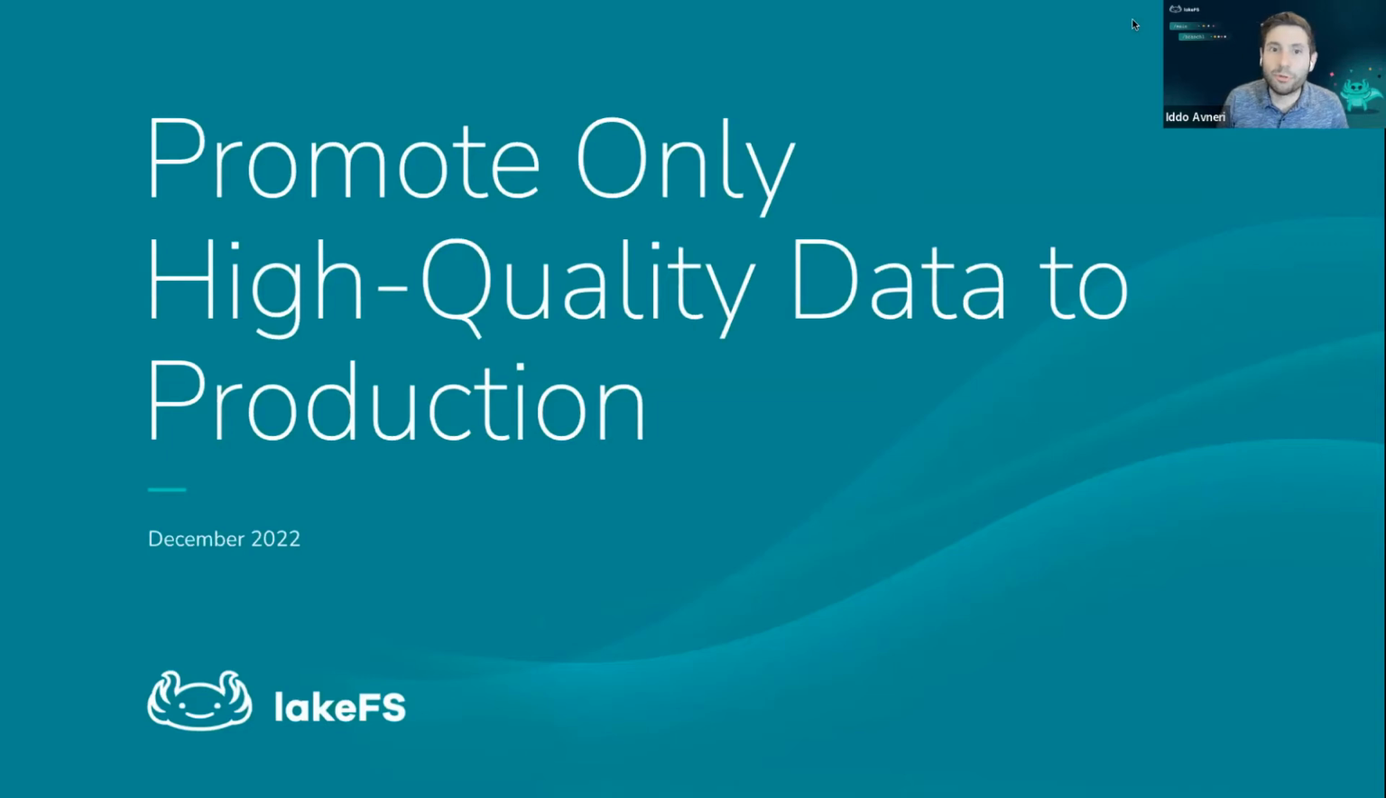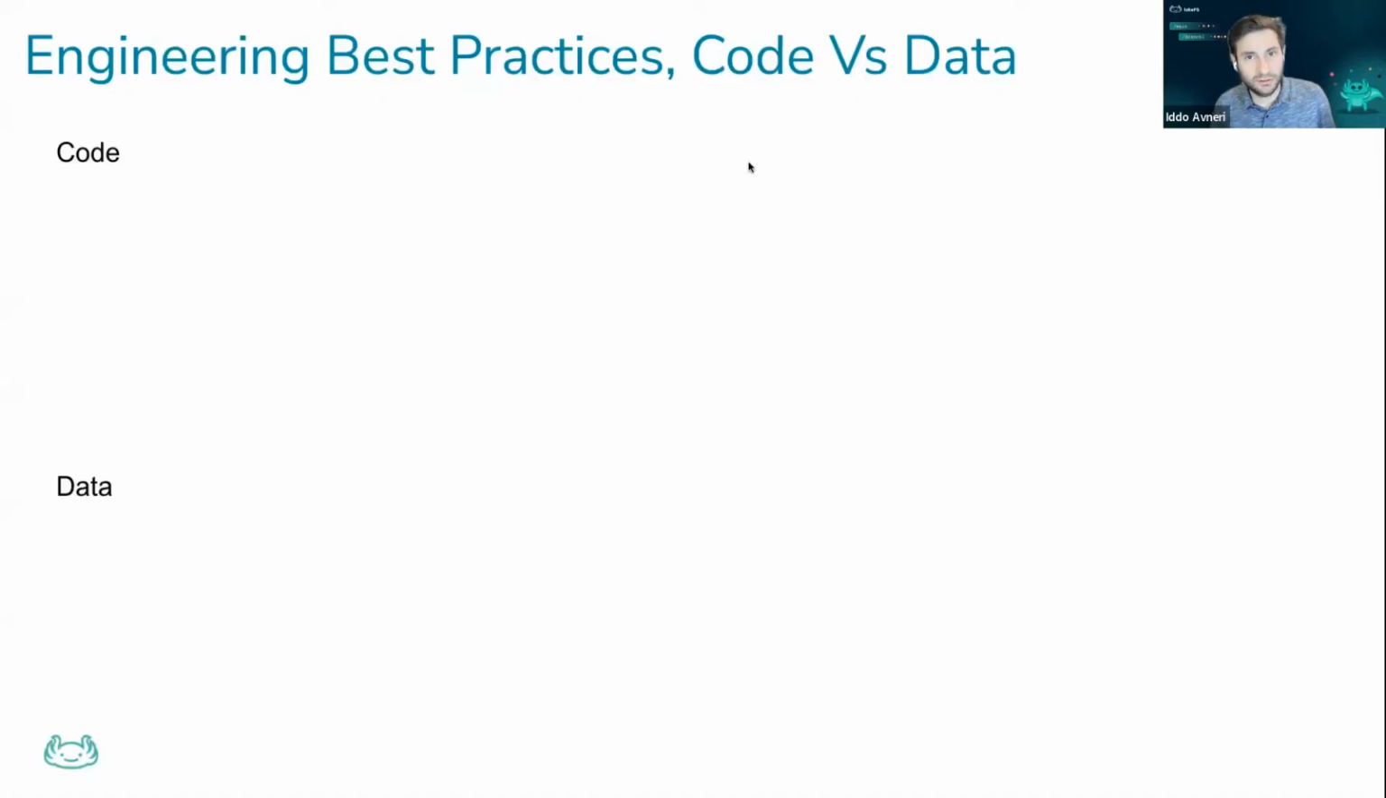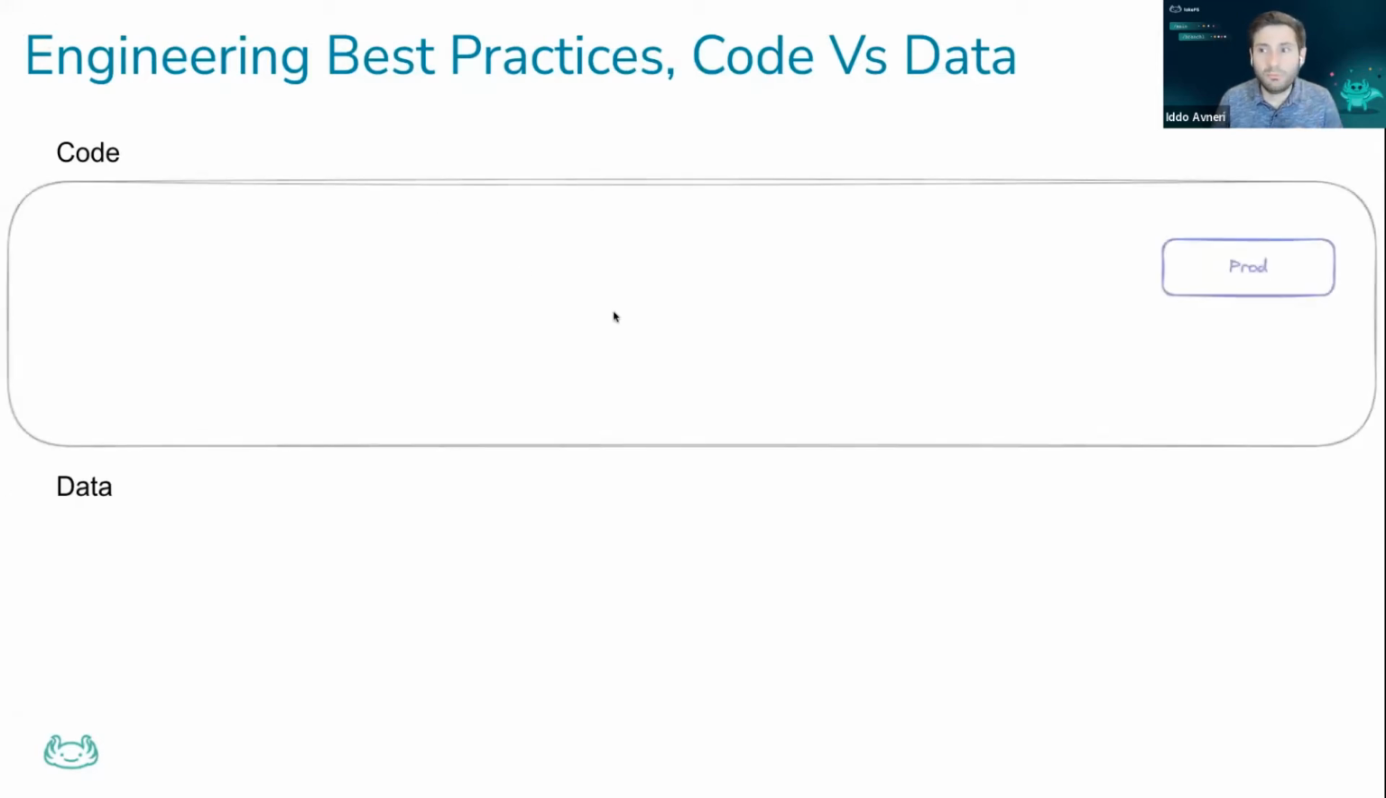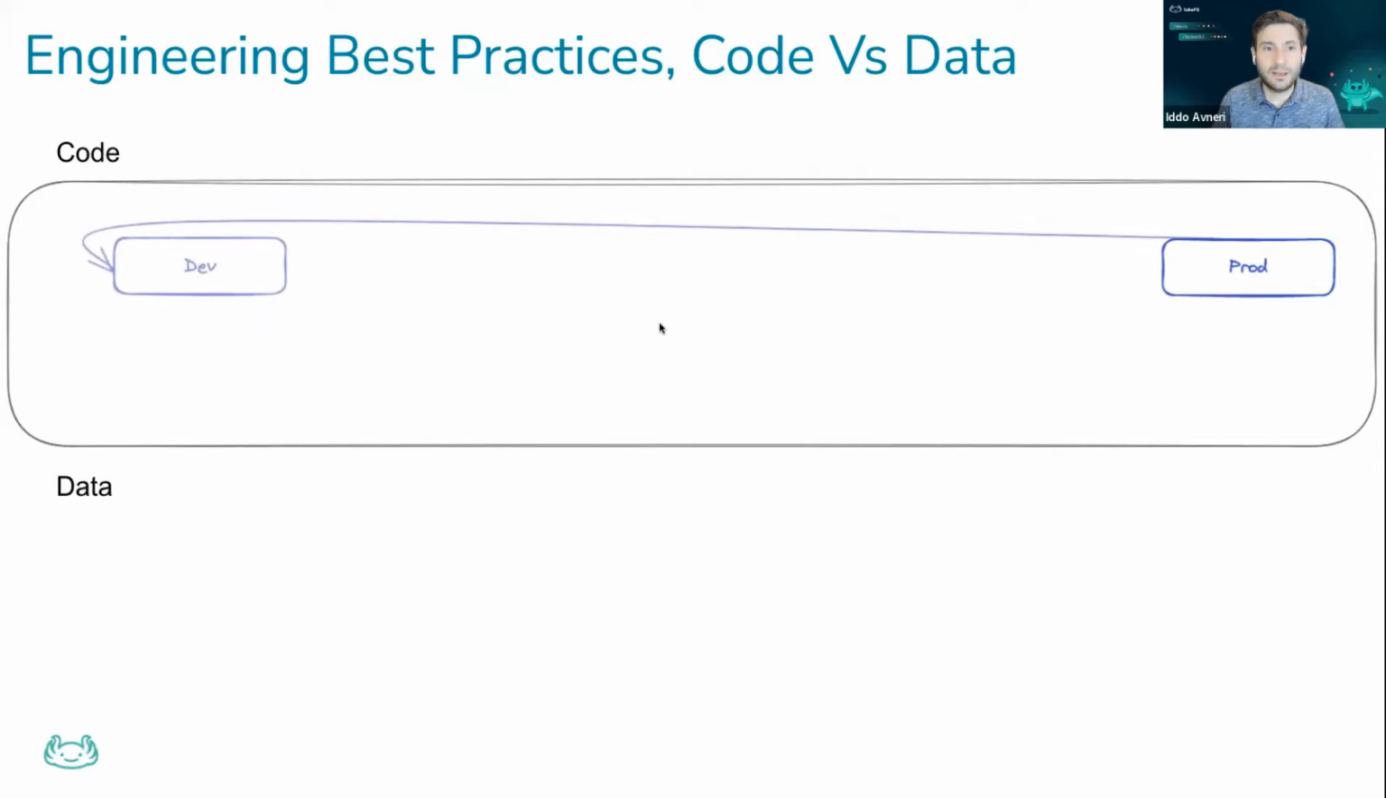What do we mean by promoting high quality data to production? Let's talk about promoting to production in general. It seems like we do this very differently between code and data. I'll explain. When we want to make a change in the code that's running in production, typically what we do is we create a